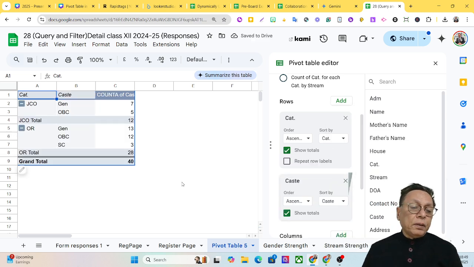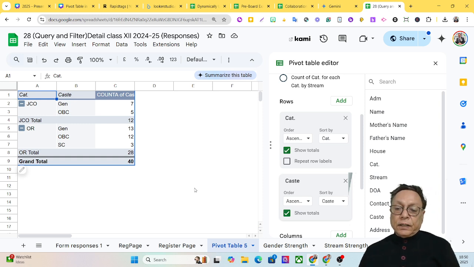Now you see, in the JCO category there are 7 general category students and 5 OBC category students. And in the OR category, in the general category there are 13 students, in the OBC category there are 12 students, and in the SC category there are 3 students only. So we can swap these fields,